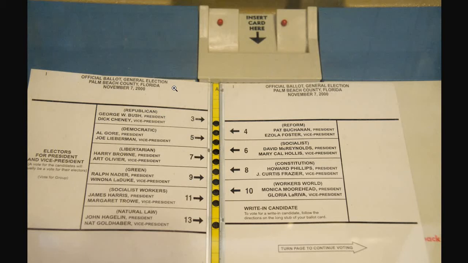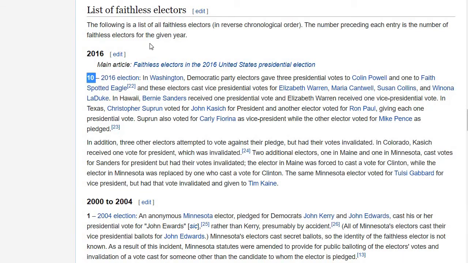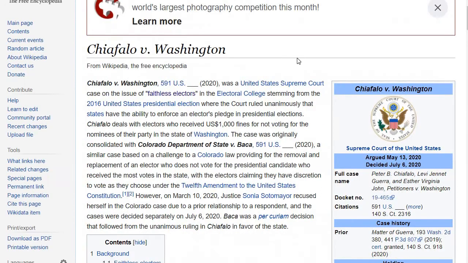But here's the first of a whole set of quirks about the Electoral College. They don't have to. I mean to say that they don't have to vote in that fashion. They are not bound, at least on the federal level, to vote in the way that their constituents have told them to. Some states have instituted laws requiring electors to vote for their pledged candidates, but as recently as 2016, 10 so-called faithless electors voted or attempted to vote for candidates other than those that their constituents selected. This led to a rather interesting set of court cases, but we'll save that for an interesting thing for another